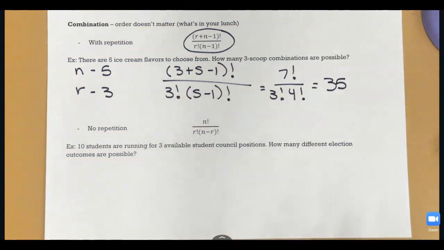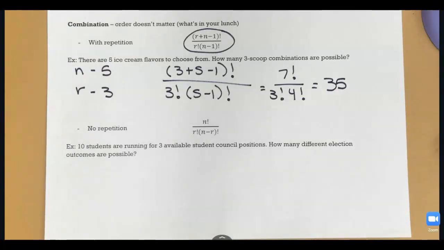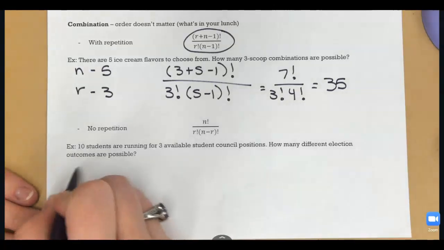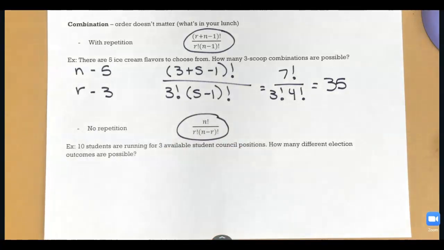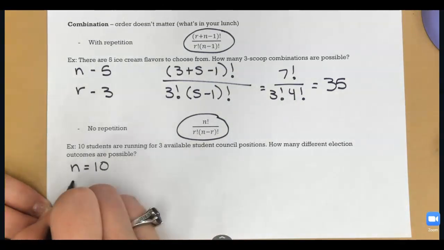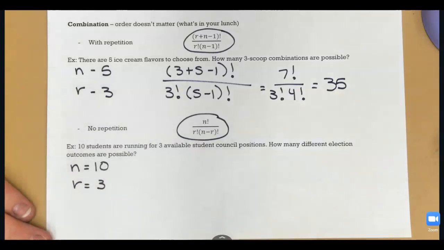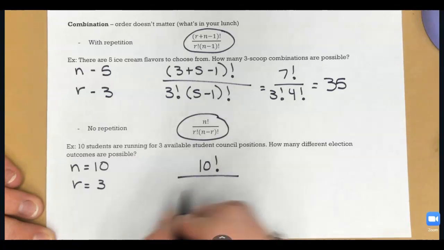Okay, the last one we're going to look at is combination without repetition. And so in this first one, 10 students are running for 3 available student council positions. How many different election outcomes are possible? Well, this is my formula. There's no repetition because I'm not going to pick the same person to do more than one job. So N is going to be 10, and R is 3 because 10 students, 3 officer positions. Putting those into my formula,